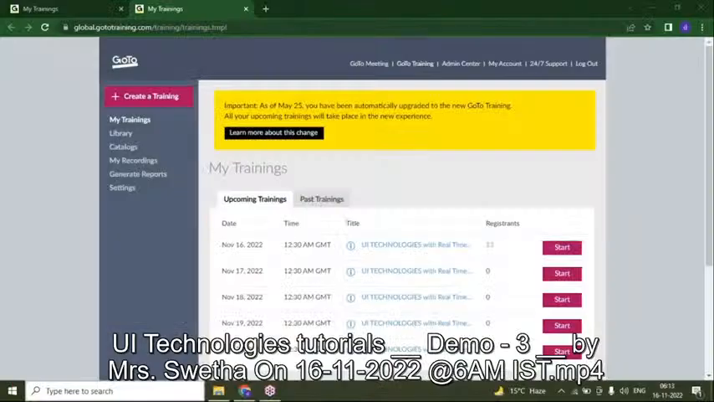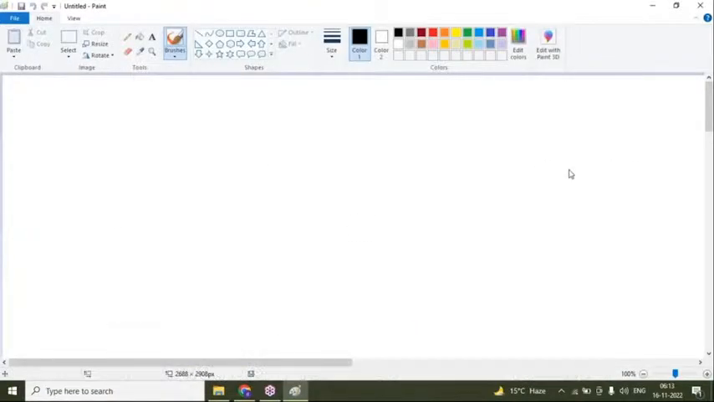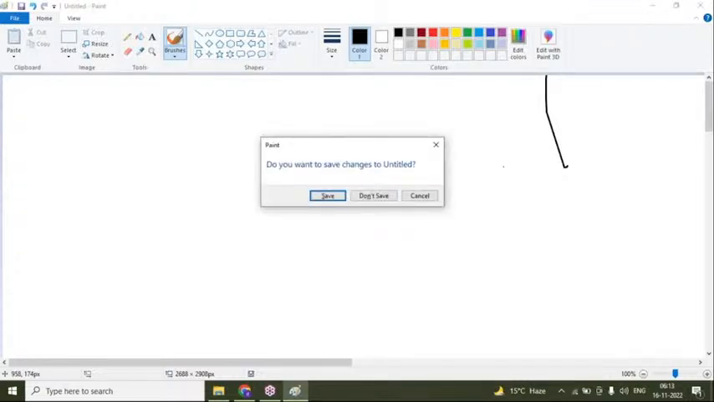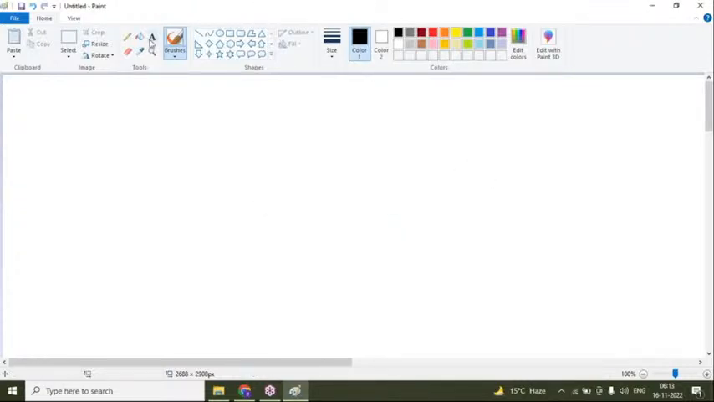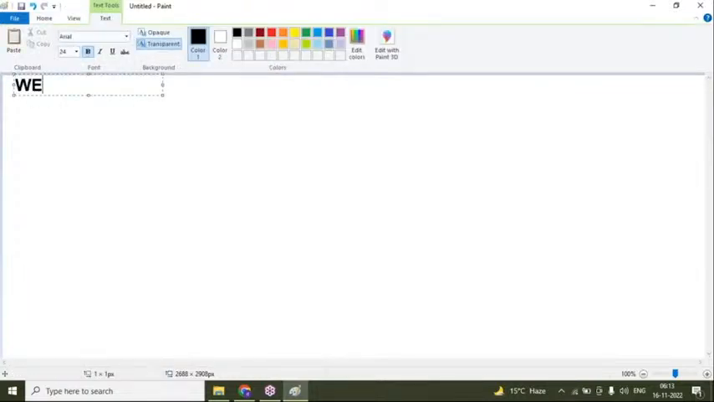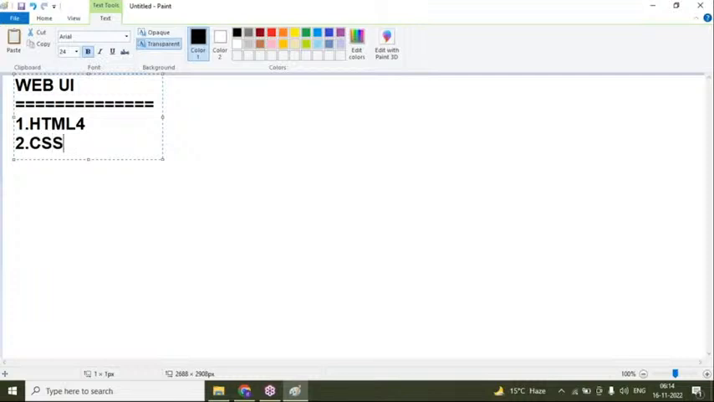Here we are in Web UI. Yesterday we discussed what is the use of HTML and all, just a little bit of information. Here under Web UI, what I'm going to cover, I'm explaining now. I'm explaining Web UI technologies. First topic is HTML4. Second topic is